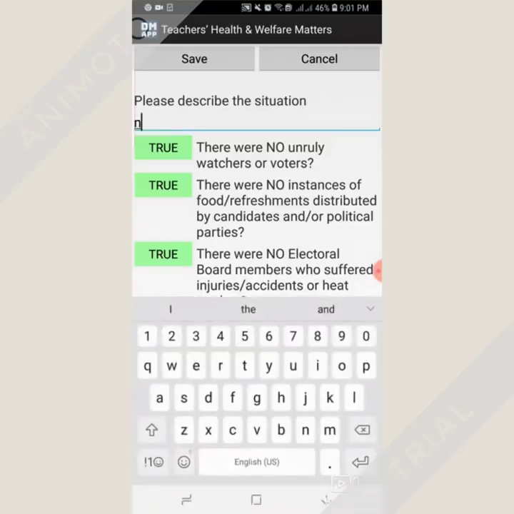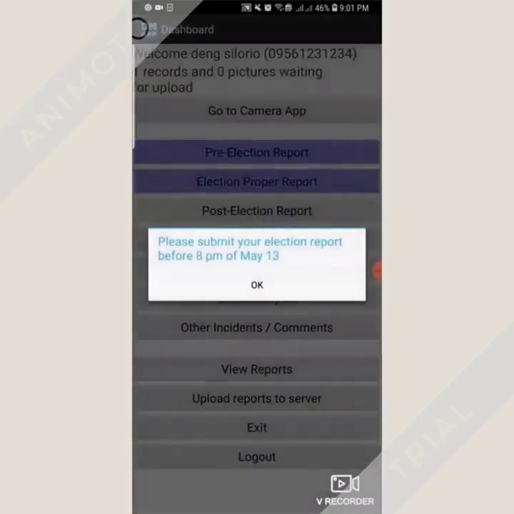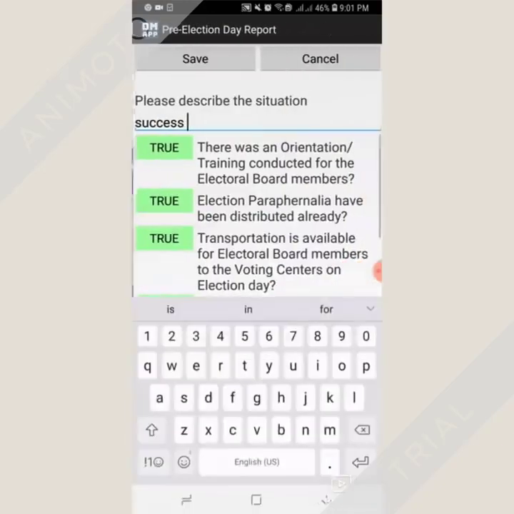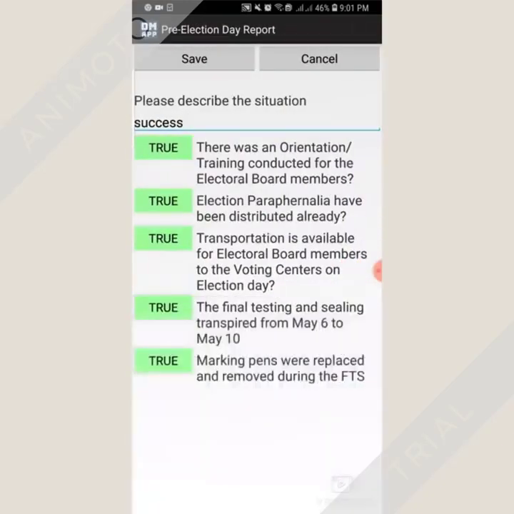And then all you need to do is put on the phrase "normal situation," then click on save, click on done, and then right away you can upload it to the server, and then voila. And that's about it. It is so easy. It is answerable by true or false. You can always change your answers if you feel like you have given a wrong information at the beginning of it,